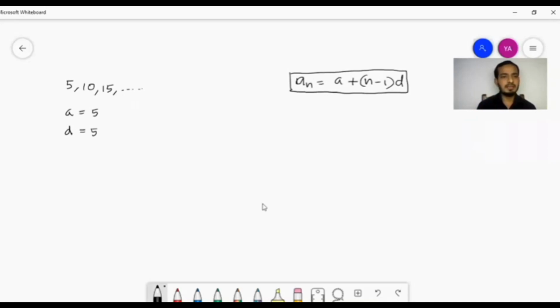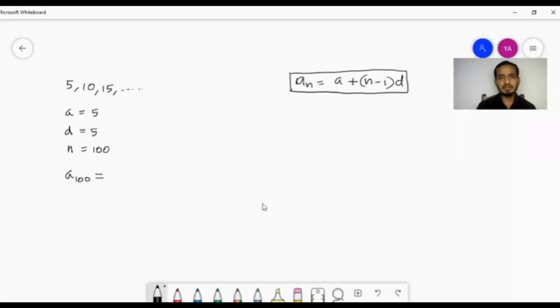So that means n is 100. To find the 100th term, the position is given. As n is given, that is 100, and to find a_n, that means a_100. We have to find the 100th term. So a_100 is equal to, we substitute the given a and d in the formula. a_n is equal to a + (n - 1)d. Here a_n means a_100 because our question is to find the 100th term.